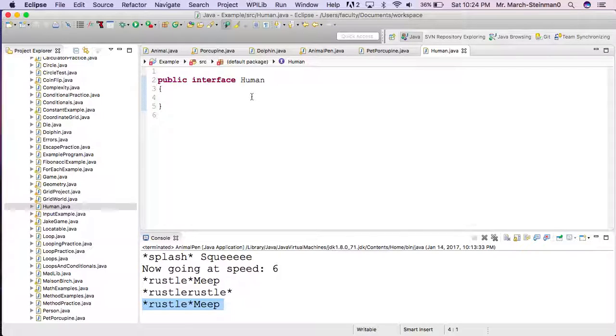Okay, for this video, I'm going to be talking about interfaces. And an interface is sort of like a template for your classes. It's a guarantee that your class is going to use certain methods, which becomes useful a little later. So to start out an interface, instead of saying public class, we'll say public interface, and then we'll call it